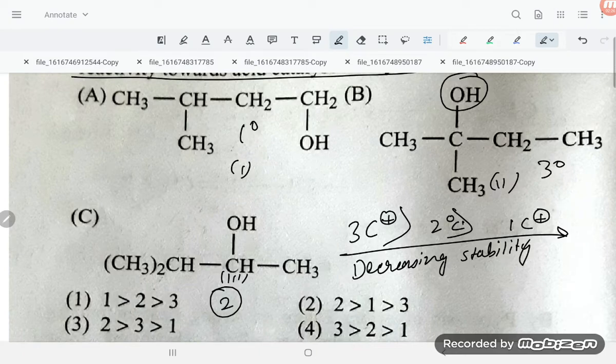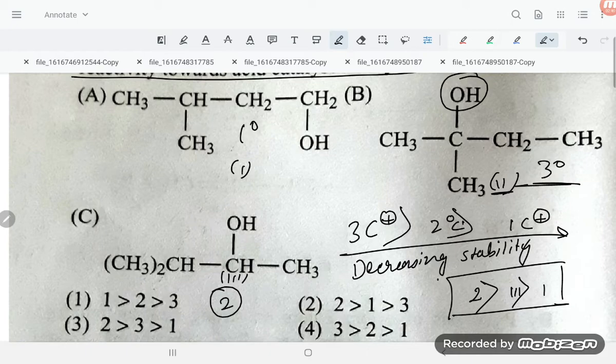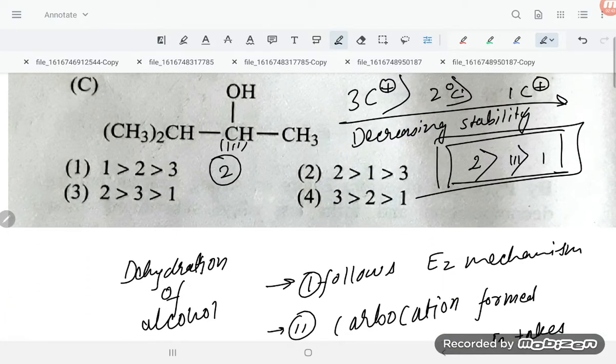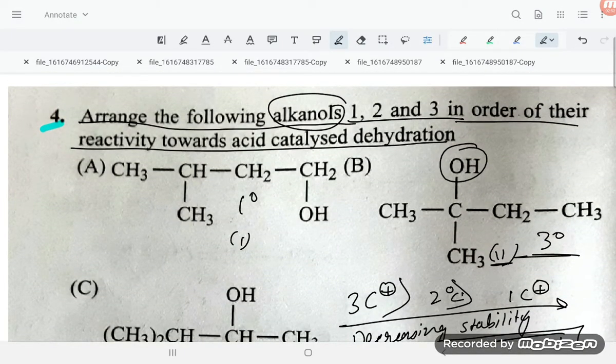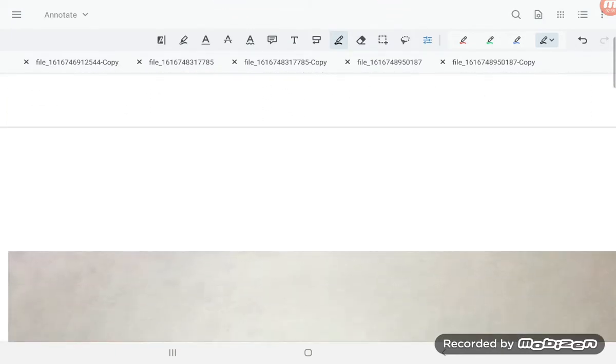This is the 3 degree one, so that is option 2, then which one will come, third, and then first. 2 3 1, this we have to follow. Option number third is the correct one, 2 3 1. Why am I saying this? You can check with the options. The first one, you can write down the first compound. Here is the first compound, CH3, CH, CH2,